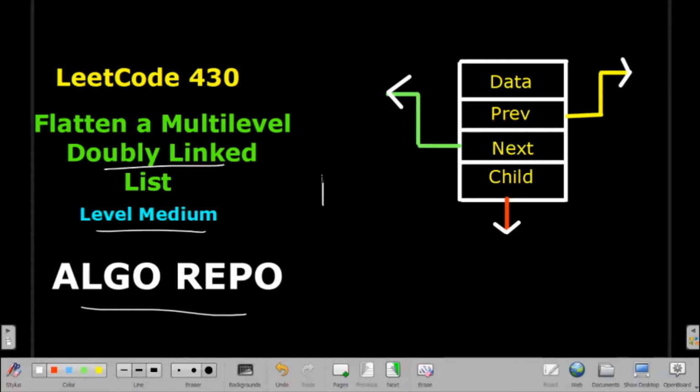In a doubly linked list, for each node we will have two pointers. One is pointing to the next node and one pointer will be pointing to the previous node. But in this question we have some modification. Each node will have three pointers. One is previous, one is next, and we will also have one child node. So this is the diagram. This is how our single node will look like in our doubly linked list.